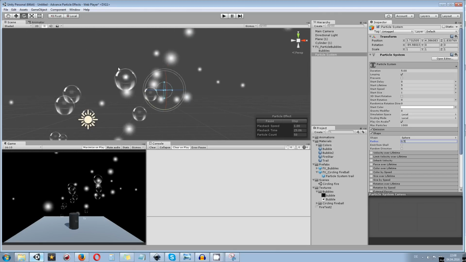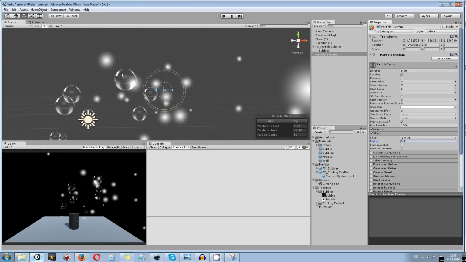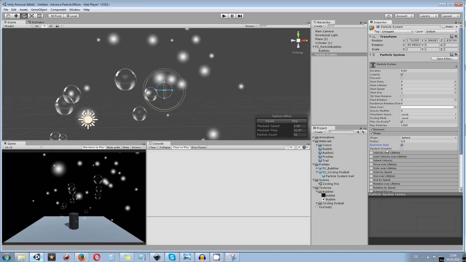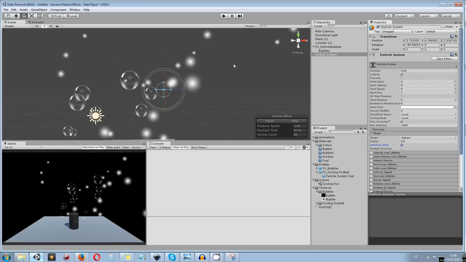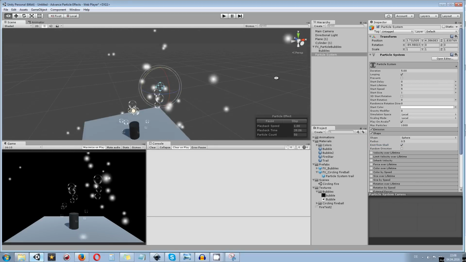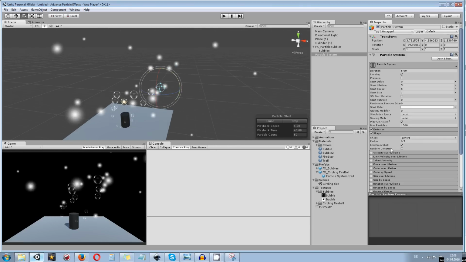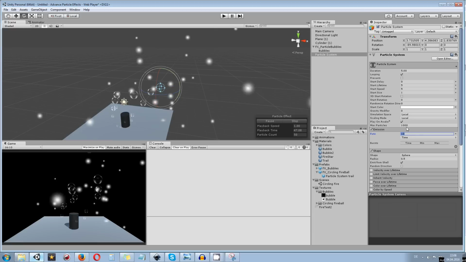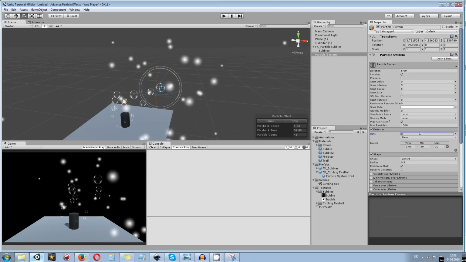We want to make sure that we are creating this one later on from the center of the bubble. Also, I want to make sure that I emit from shape, so it will fit better later on. Now you can see it's flying in every weird direction randomly, 360 degrees in all directions. What I want to make sure is that I put down the rate to 0, and I want to add a burst effect with a plus.